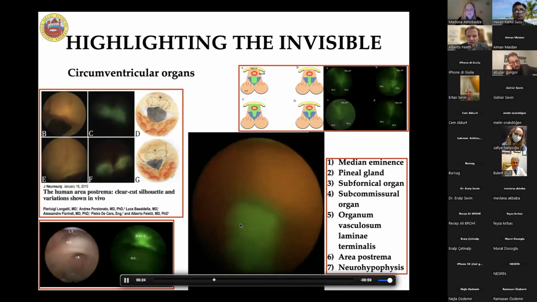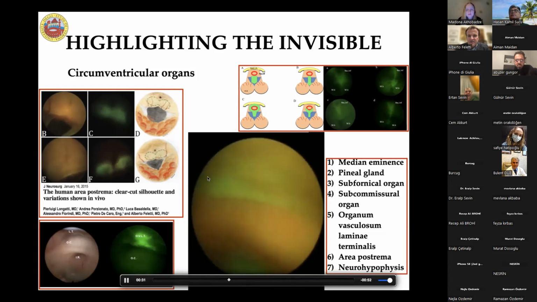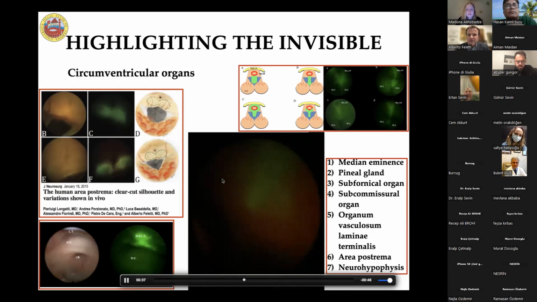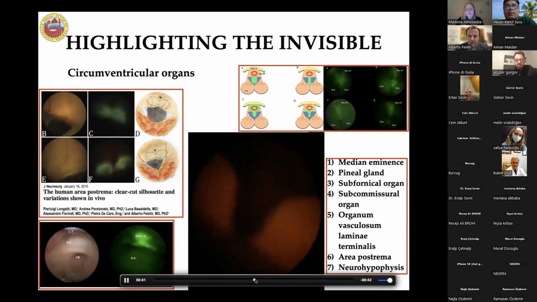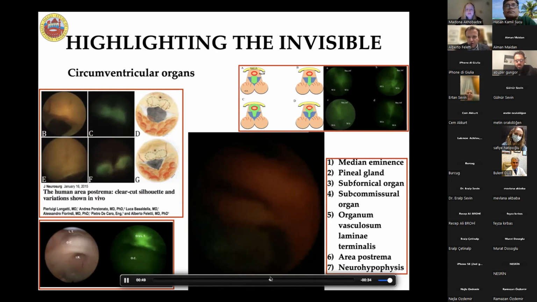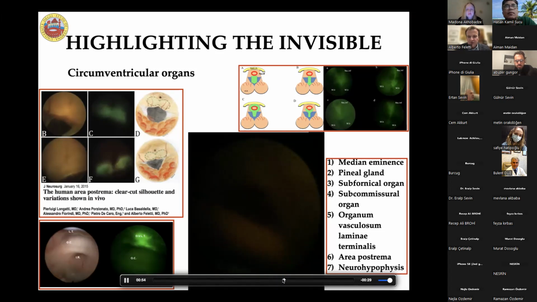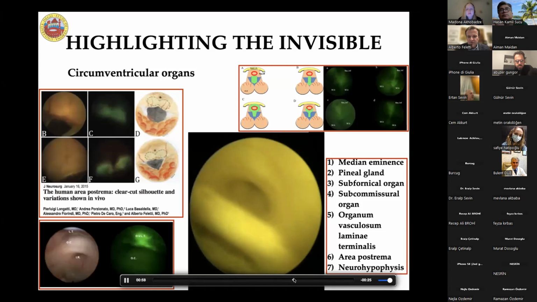In the tuber cinereum, we can see this median eminence, and at the level of the lamina terminalis, this circumventricular organ appears, which is the organum vasculosum laminae terminalis, which is otherwise impossible to detect with normal light. Again, if we go to the posterior part of the third ventricle, only the choroid plexus can be inspected with